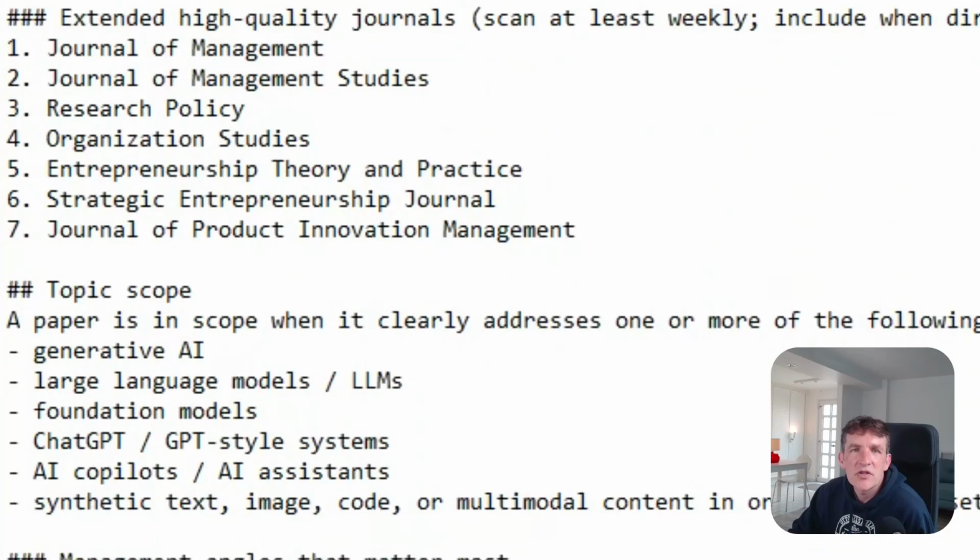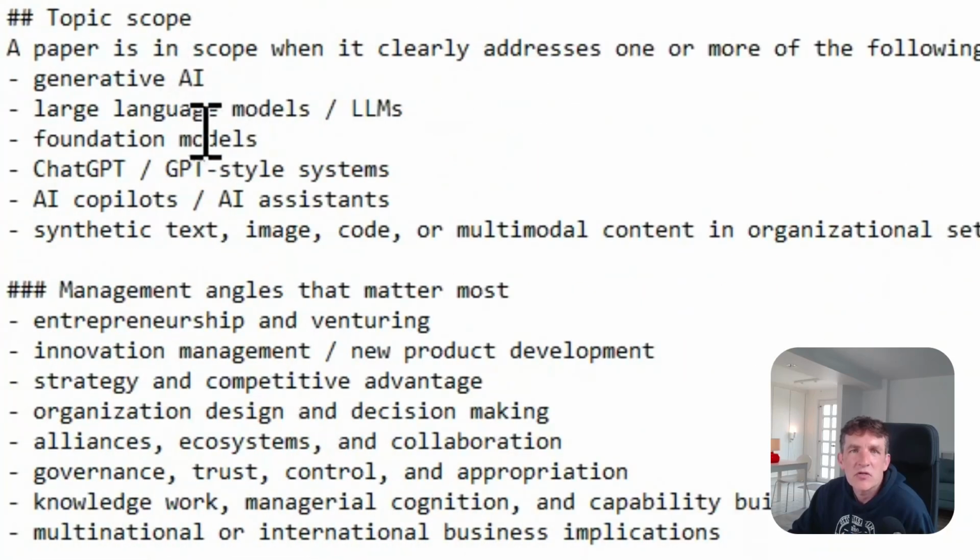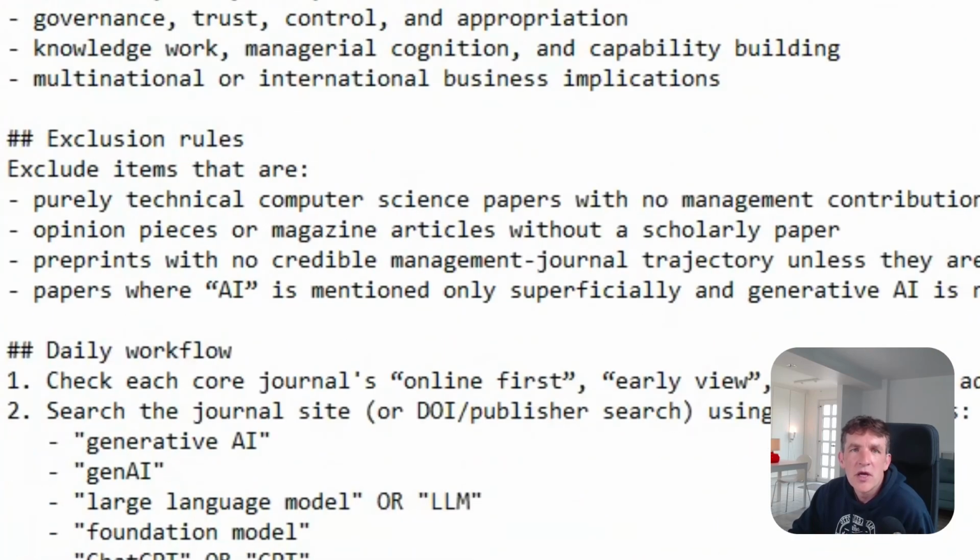Here it has some additional journals. It states the topic scope and so on and so on. Here are some exclusion rules. So this is what the prompt has created for me. And of course, I can now fine tune this if I want to add information, add specifications. But at the moment, we can use this as a starting point to start executing a workflow in